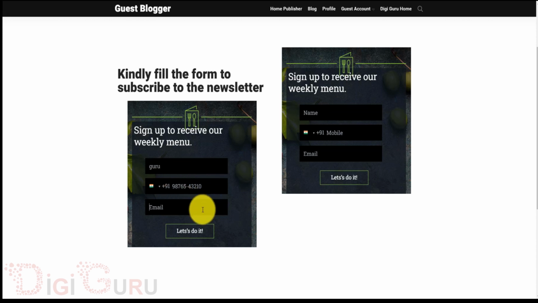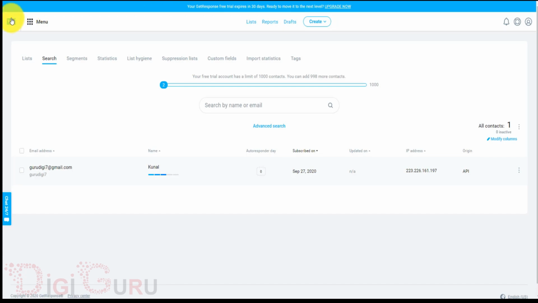My email ID is guru007@gmail.com. Now let's register here and check whether my name is registered there or not. So I can see this tick mark, so I suppose my name must have gone there. So in order to check, I need to go back to my GetResponse